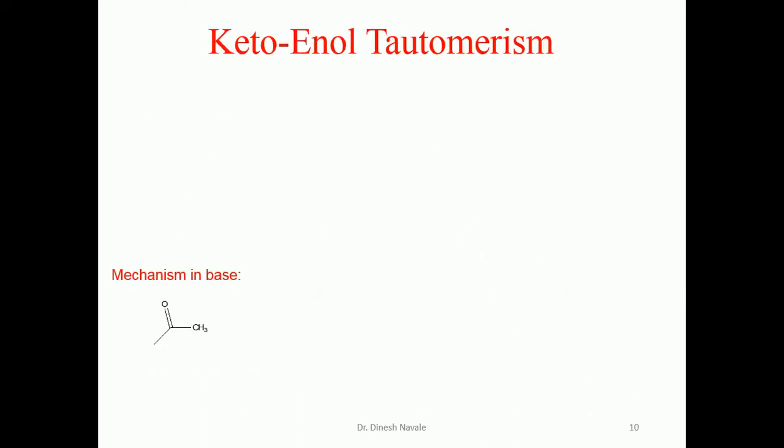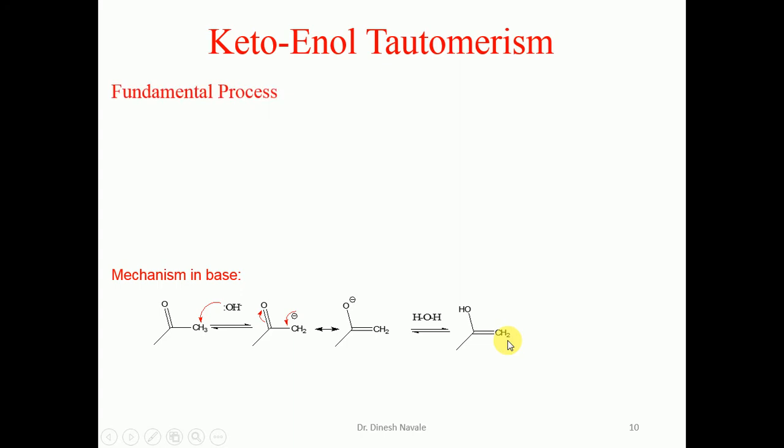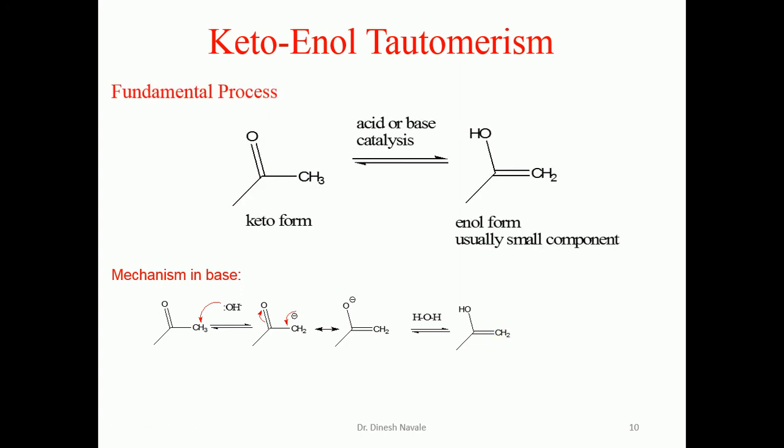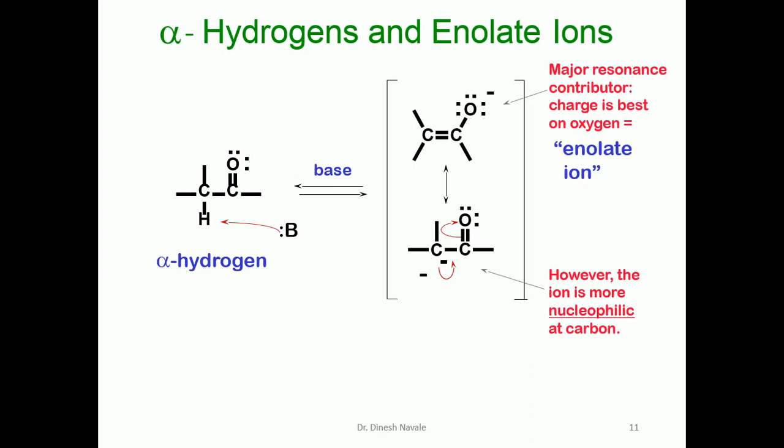So, keto-enol tautomerism. Suppose the compound is a ketone, and when we utilize a base, it picks up the alpha hydrogen atom, making a carbanion. This carbanion is in conjugation with the carbonyl group, making a resonating structure like this. So what does this become? Enolate ion. And this enolate ion, on abstraction of a proton, will give the formation of the enol. So there is a formation of the OH alcohol, and there is a formation of a carbon-carbon double bond. So that is ene plus ol, and the overall compound will be called an enol. This is the fundamental process, the enolization process.